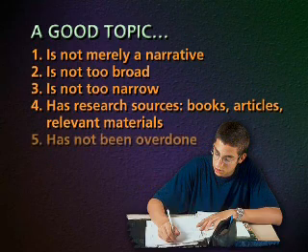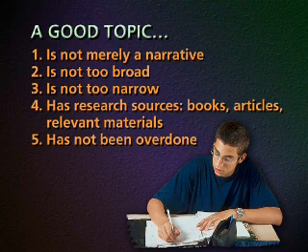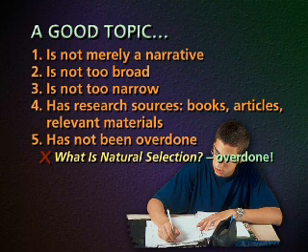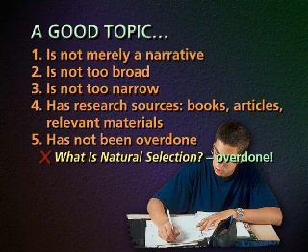Make sure also that your topic has not been overdone. For example, a topic like what is natural selection has been overdone because whenever you write about evolution, you have to define natural selection. There's really no question about it that hasn't been answered a million times before. Even the shortest encyclopedia article, for example, about evolution will describe the mechanism of natural selection, which is basically how Darwinian evolution works. So writing about what is natural selection probably wouldn't work well for a research paper at this late date. It's been done too many times and therefore is very hard to make interesting.